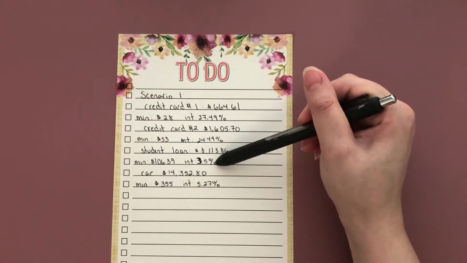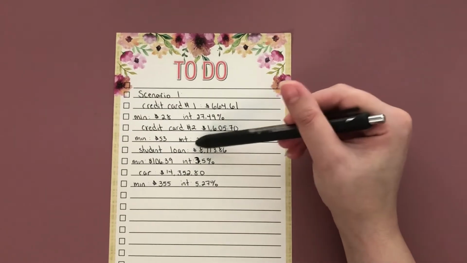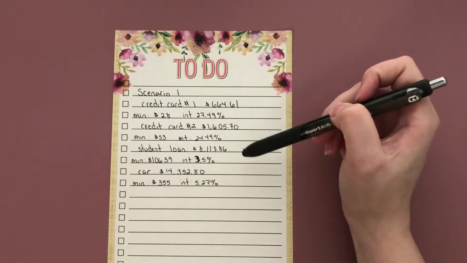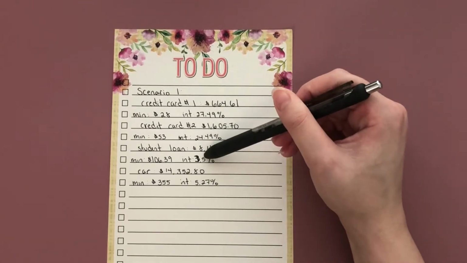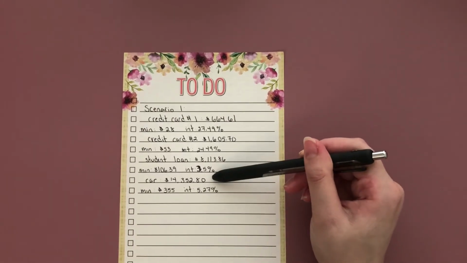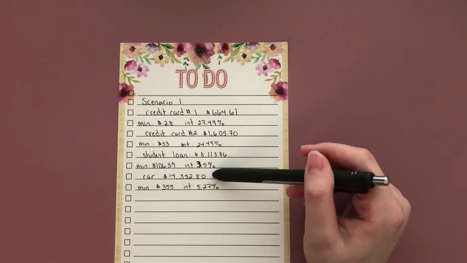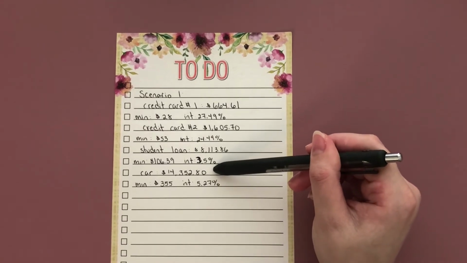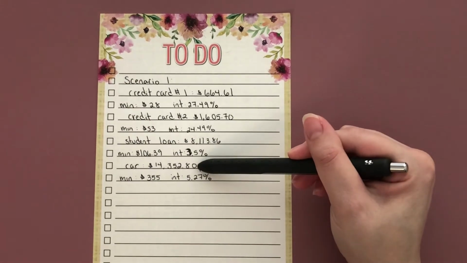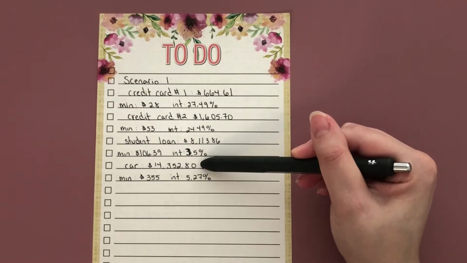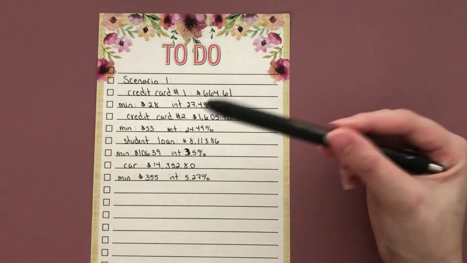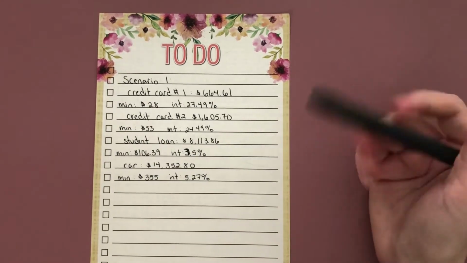Now I had 4 smaller loans that comprise this loan amount, and right now they're not showing the interest rate, so I just put the average, which was about 3.5%. And then I have my car. So this is the amount that supposedly I owe, or I would be paying if I wanted to buy out my car at the end of the lease. So pretend I purchased my car in December, and this was the loan amount with the minimum payment of $355 and an interest rate of 5.27%.